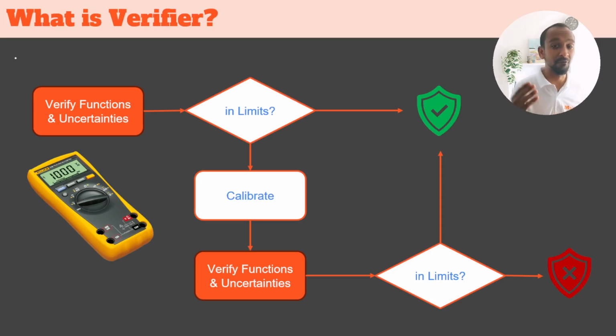For example, if you take a multimeter, it can do a voltage measurement function, or it can do a current measurement or resistance measurement, and so forth. So you will go through them one after the other, and you will check if the measurements are within